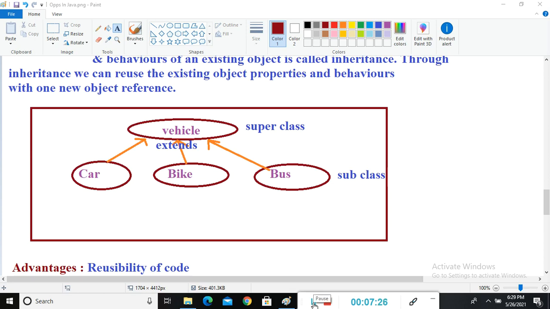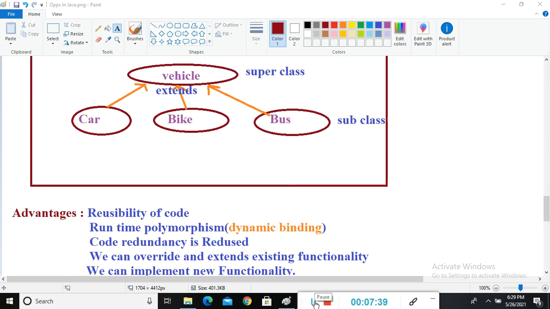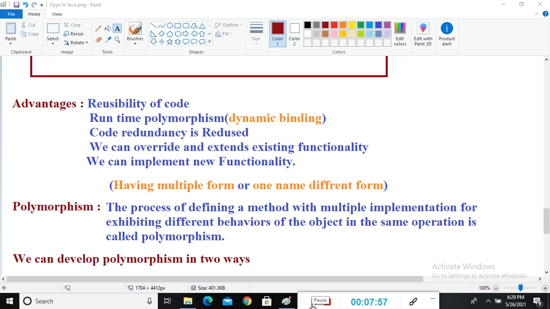these objects. We can also say inheritance is the process of using superclass code in our own class, like a new class or subclass. In inheritance we have different types of advantages. First, the big advantage of inheritance is reusability of code. It means we can write code once and use it anywhere in our project. In inheritance we do not need to write the same code again and again. We can use that code by using the extends keyword.